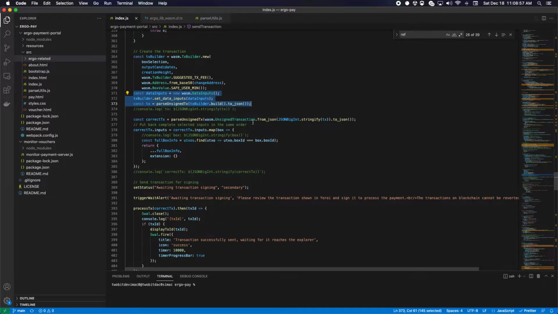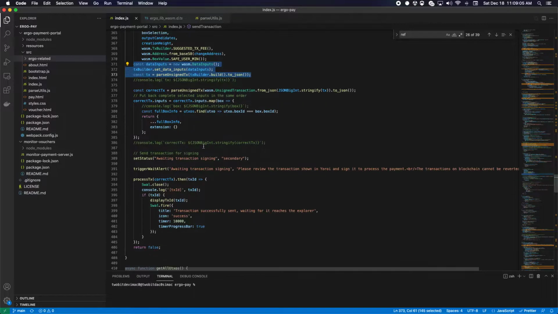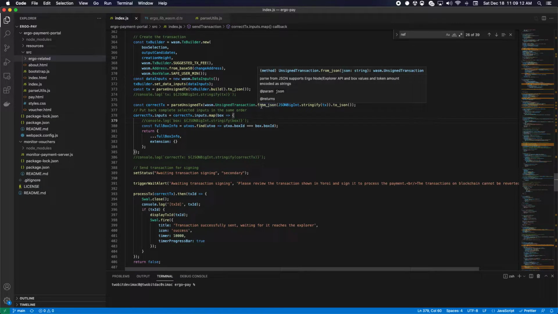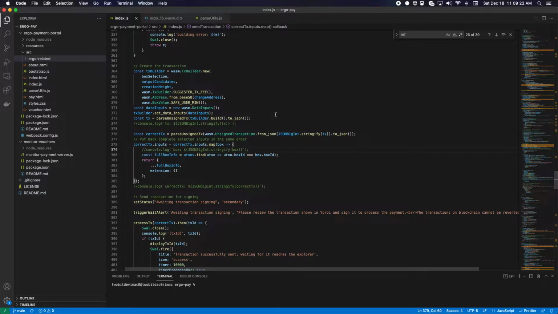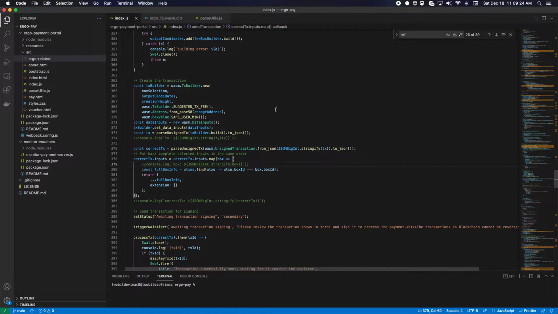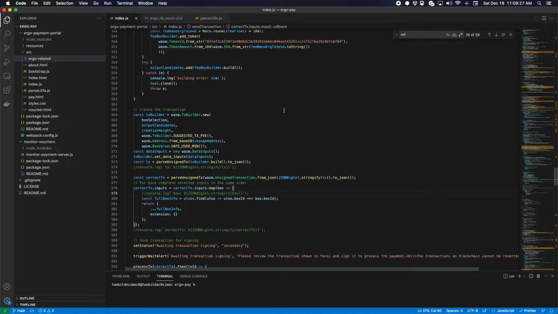Issuing the change. I'm still a little put back: complete selected inputs in the same order. But adding to this confusion that I'm having, this part is confusing after the create transaction. I agree. So I want to quickly go over, unfortunately, the recording that I have wasn't recording the audio,